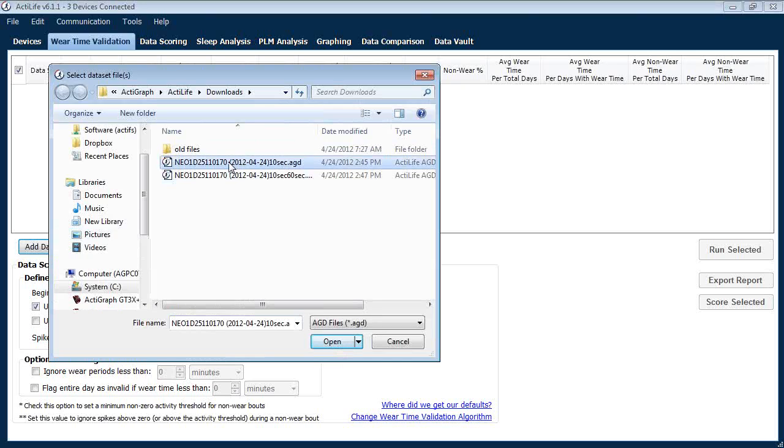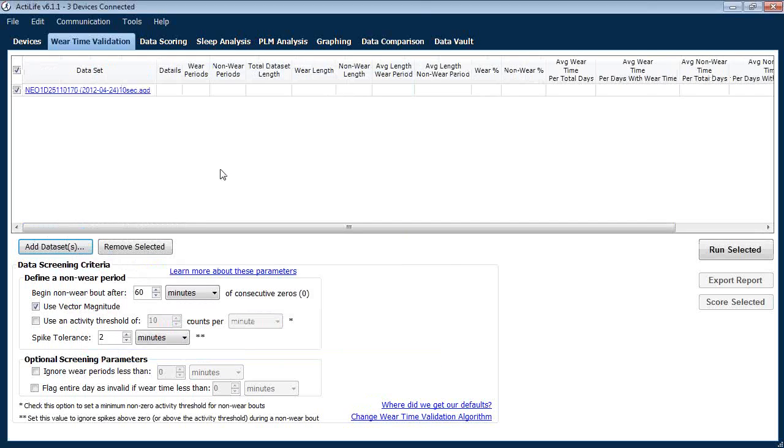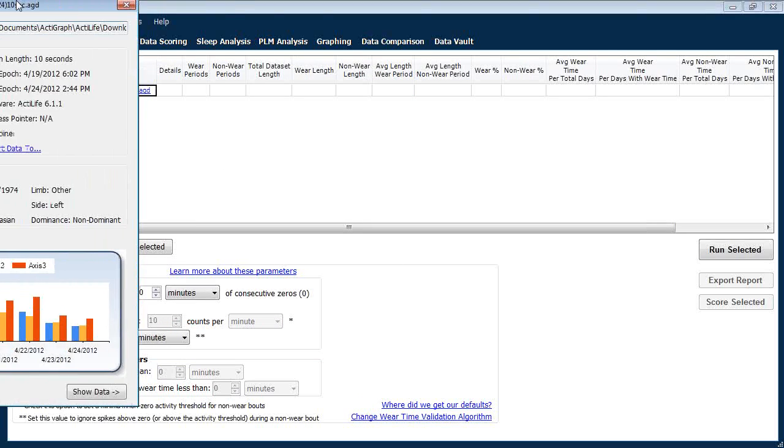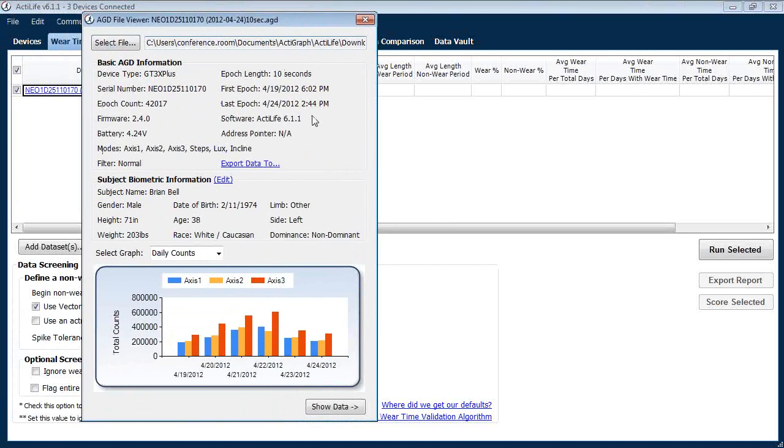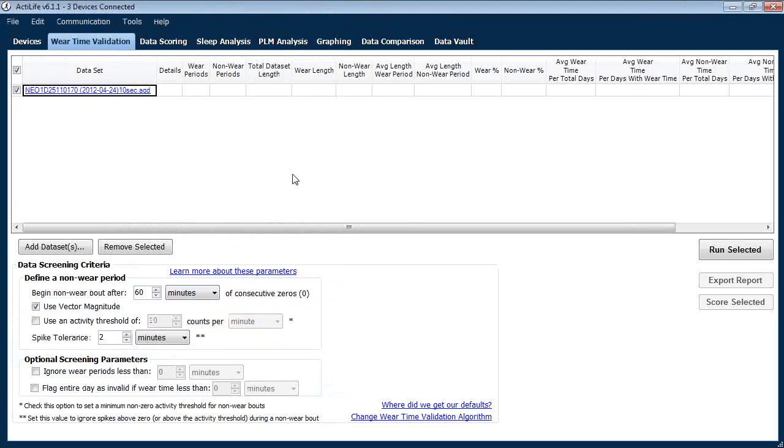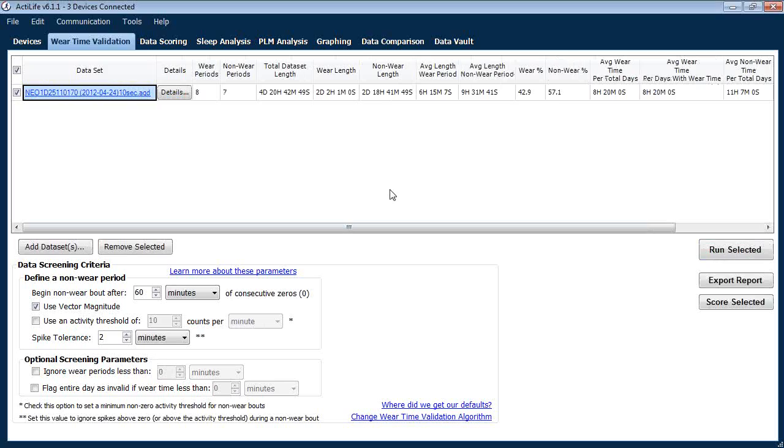And the wear time validation and data scoring tabs can use any epoch length files. So don't worry that they have to be 10 seconds or 60 seconds. You can use anything in here. And so this file is added. You can always verify a file by clicking on it. The AGD file viewer will pop up. This is what you've seen before. And so this is the same file. I'm good to go. And just running it with the defaults, you will see